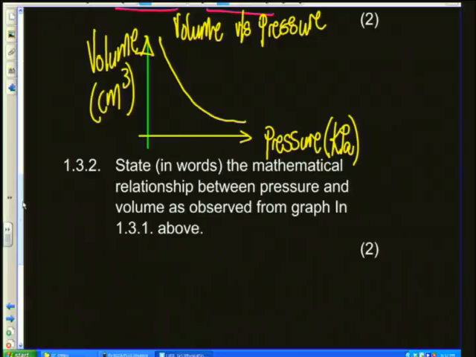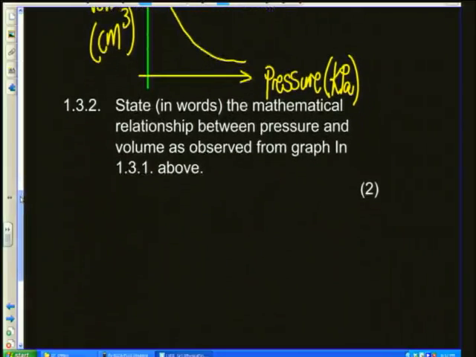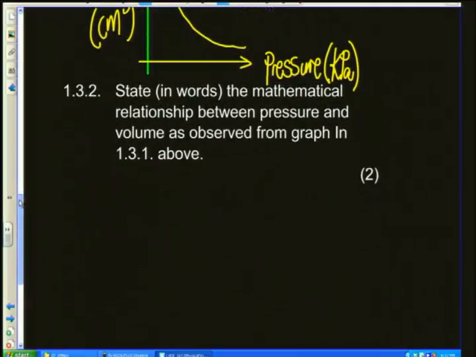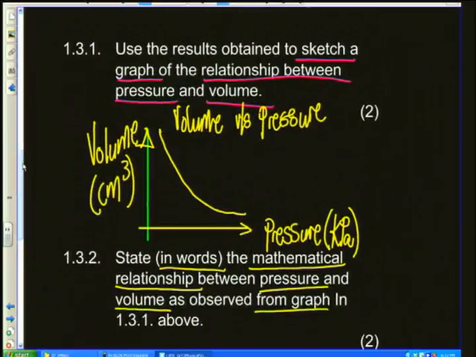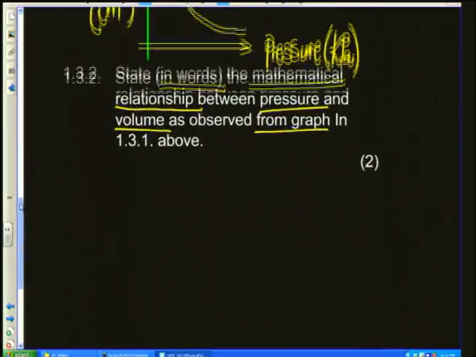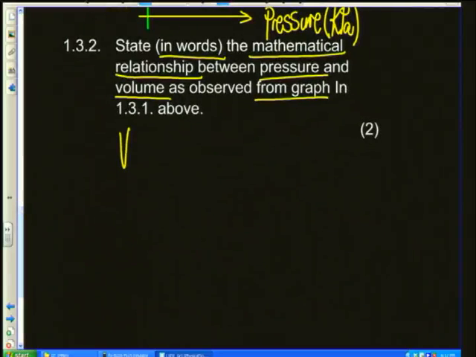Now, let's move on to the next question. They say, state in words the mathematical relationship between pressure and volume as observed in 1.3.1 above. Now, what have I just said? I said this represents a what? An inverse proportionality relationship. So just to state it in words, we can say volume